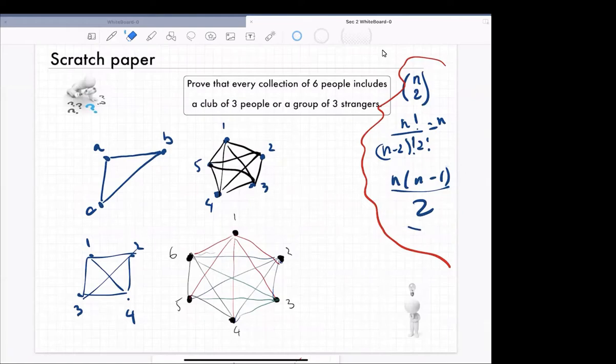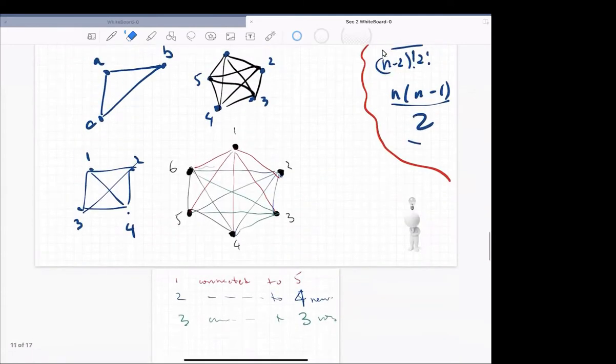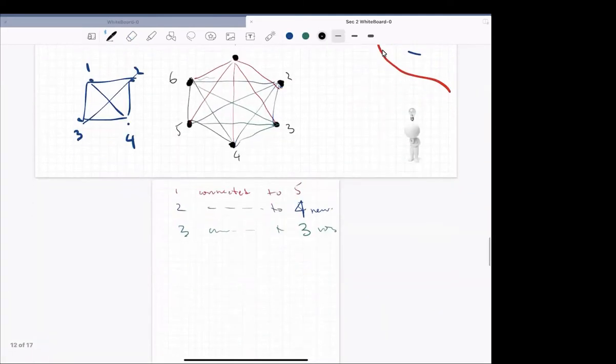I'm going to count this number slightly differently, because what we just discovered with your help is that the number of connections that I have is 1 plus 2 plus 3 plus 4 plus 5 on 6 people. That's how many. If you count that, it better be 15. I mustn't make mistakes. So that number, how do you count this for any n? So n minus 1 would be the number of connections for n people. If n equals 6, then this is the number that I want to compute.